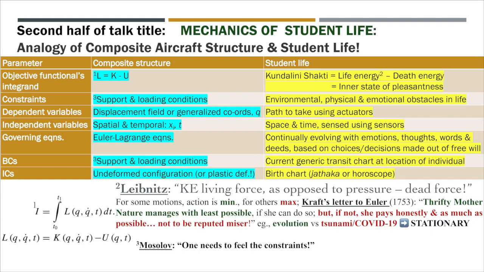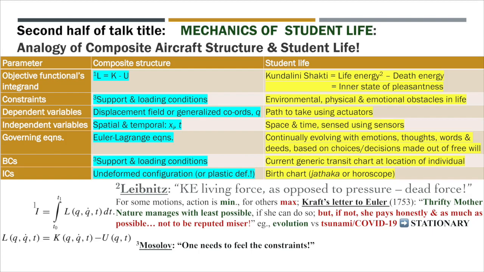Euler and Kraft had a lot of discussions. In one of those letter communications, Kraft says to Euler, this is again about 250 years back, and I'm rephrasing it, it's not an exact quote, thrifty Mother Nature. That means Mother Nature is very, very efficient. She doesn't spend unnecessarily most of the time. Thrifty Mother Nature